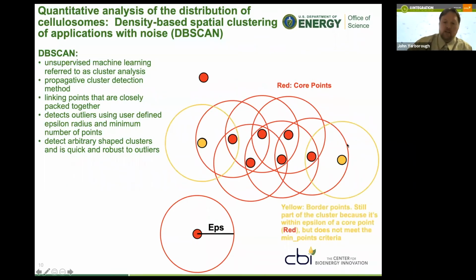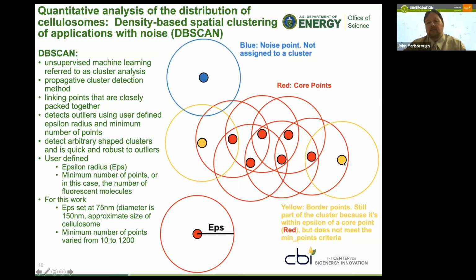What you see here is that it's identified all of these as part of the cluster. It's able to identify the edge of the cluster, which is shown in yellow, and can identify what we assume is noise and ignore that. So it's able to define arbitrary shaped clusters based off of a user-defined epsilon radius and a minimum number of points, or fluorescent events,